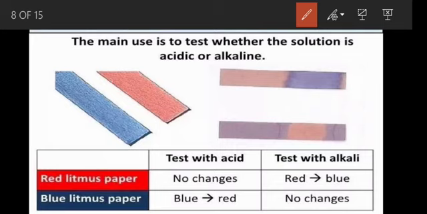When you perform this activity, you will find that when a drop of solution containing lemon juice is put on a strip of the red litmus paper, there will be no change in the color of the litmus paper. Whereas when you drop it on a blue litmus paper, it will turn the blue litmus paper red. So in this way, we can see that